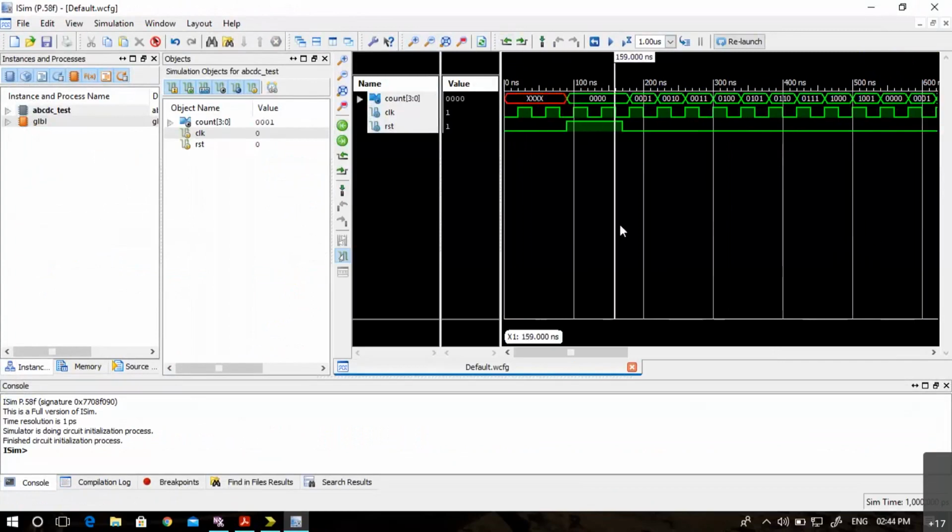So you can see now both the edges of reset, positive edge as well as negative edge, both are not coinciding with the clock edges.